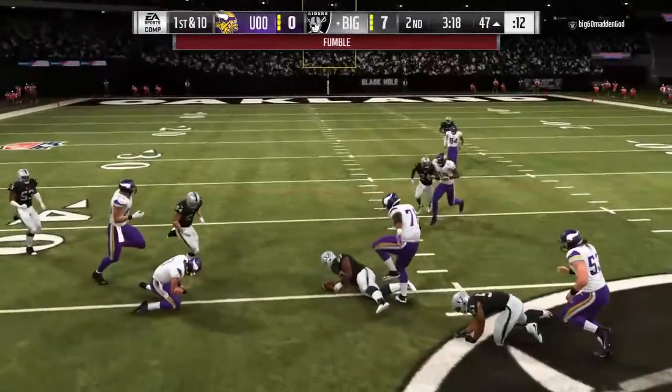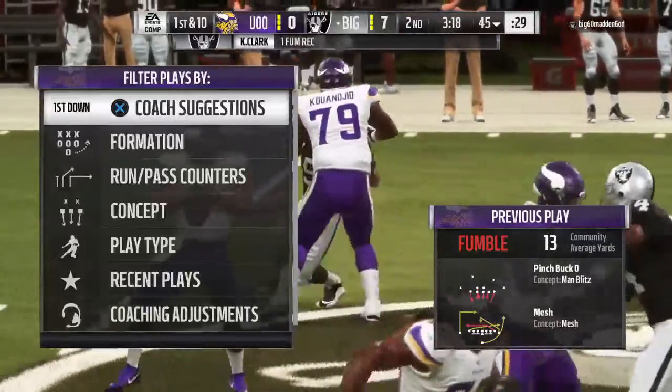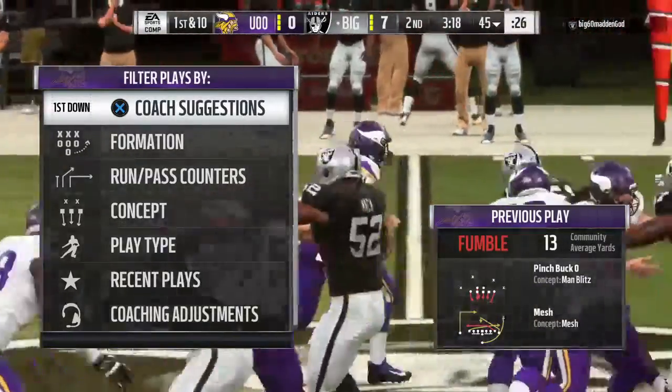Wilson hit. It's loose. It's out. Fumble. And his crew will take over at their own 45-yard line. When I see a play like that, I come back to